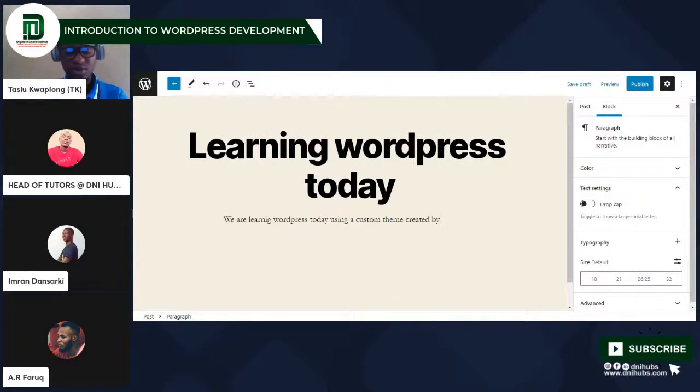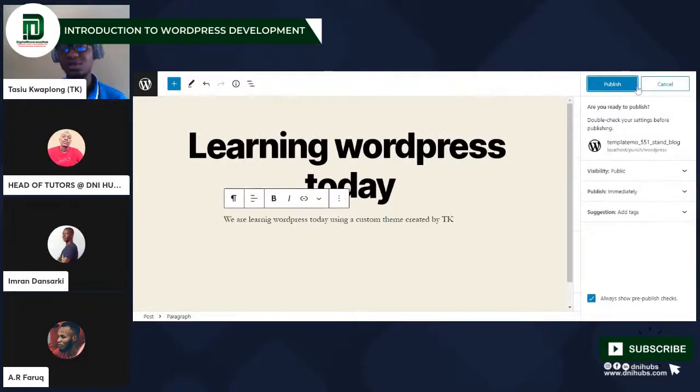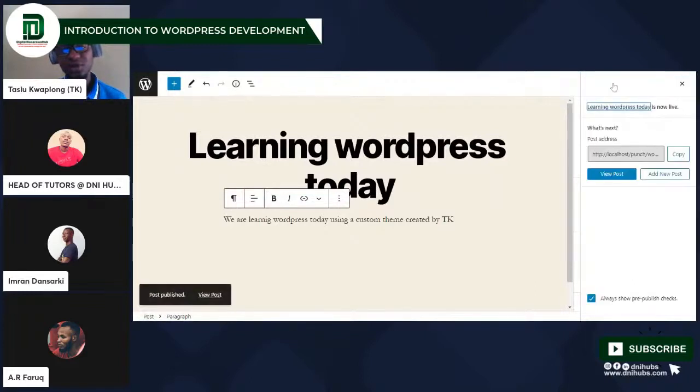Let's just say this is a post, and then all you need to do, you can see this, it doesn't require any coding. It's not normal English. I click on publish, right? And then it's going to ask me some things, and I just click on publish, right? And then it's published. So I can click on view posts,